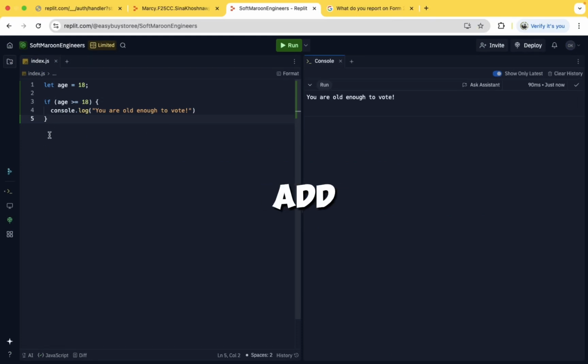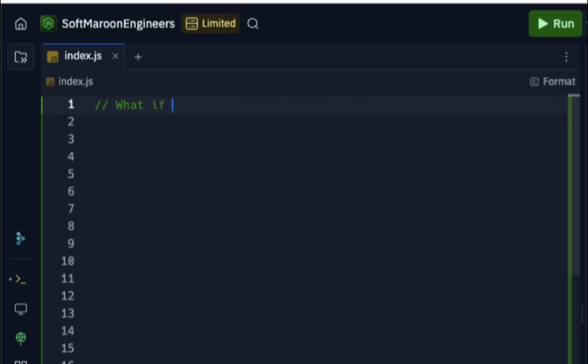Now let's add an else statement. But what if the condition is not true? That's where the else statement comes in. For example,